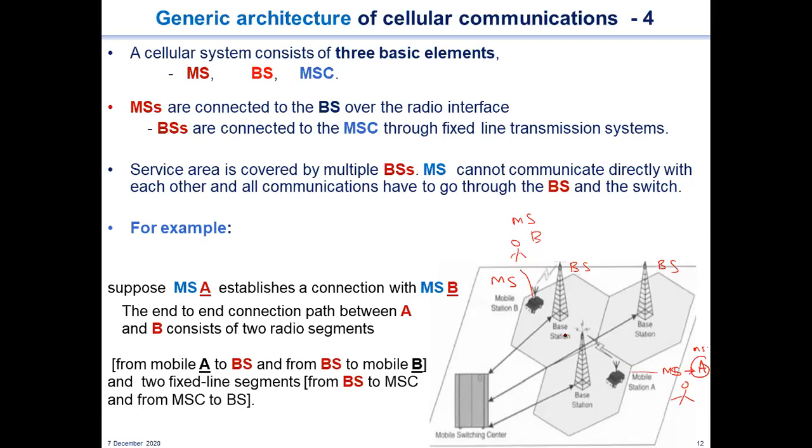There may be a number of users here. Each base station is connected to its